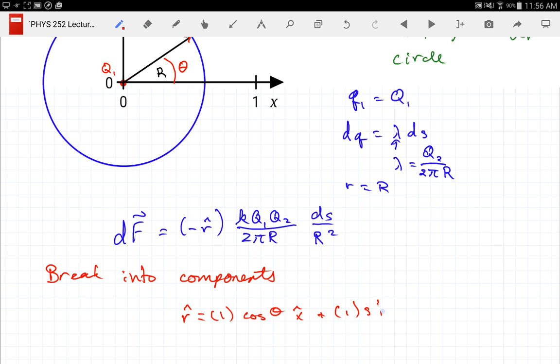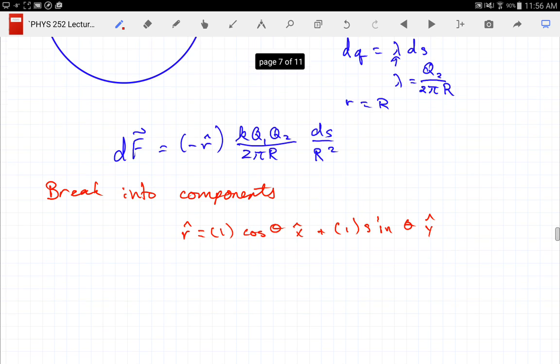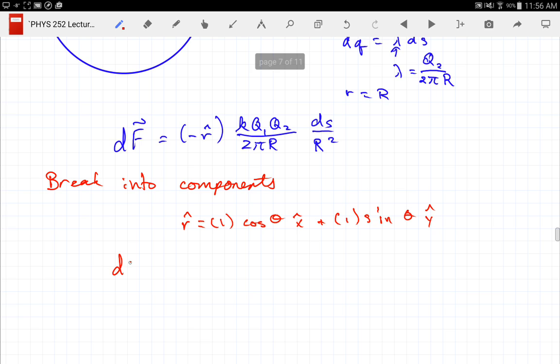You are absolutely right, Jared. So there I have what r hat is in my Cartesian coordinates, and now I can break this up into components. So dFx, notice I dropped off the vector sign because now I'm only talking about the x component, is equal to minus cosine theta, that's the minus r hat portion that's in the x direction,